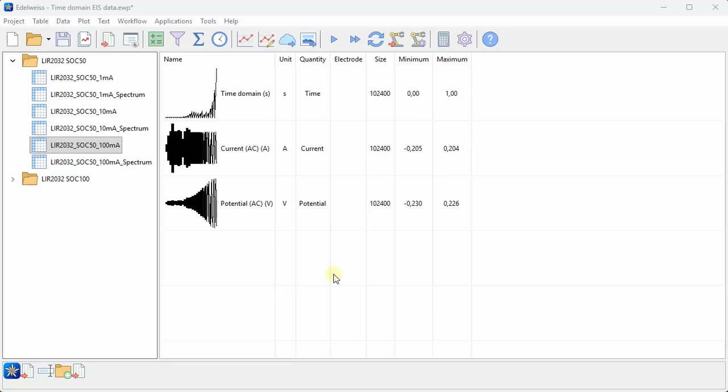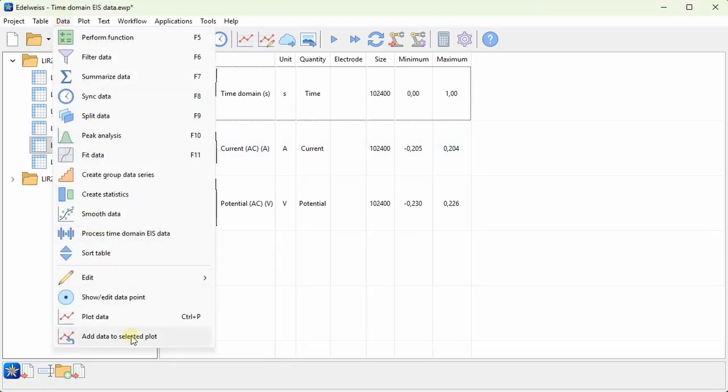In the last several videos, we have looked at all of the different functions available in the data menu, and today we will look at the last one, which is process time domain electrochemical impedance spectroscopy data. This is quite a bit more specific than the more broadly useful features that we have looked at so far,